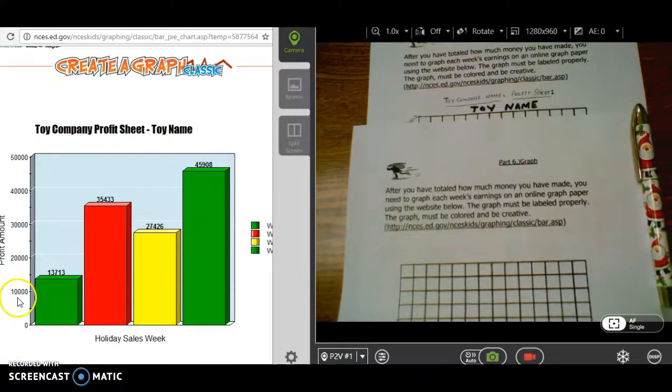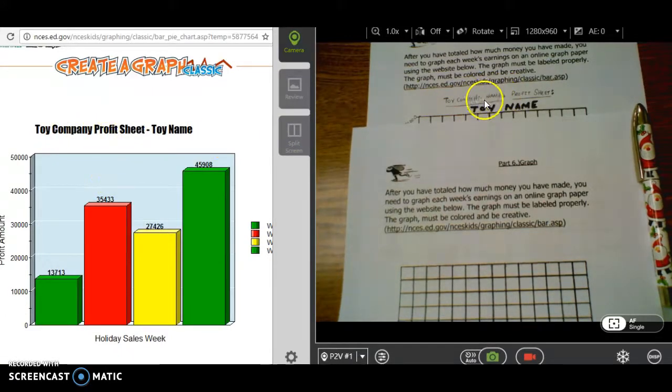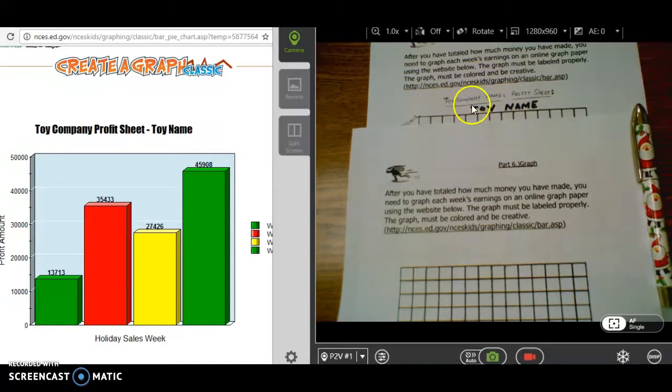One of the first things you're going to copy is the title. You can see there's space at the top of the page, and that's where I want you to put your toy company's name, the words profit sheet, and whatever you called your toy right there. Notice that I wrote these two in pen, and then I took a black marker to make this toy name